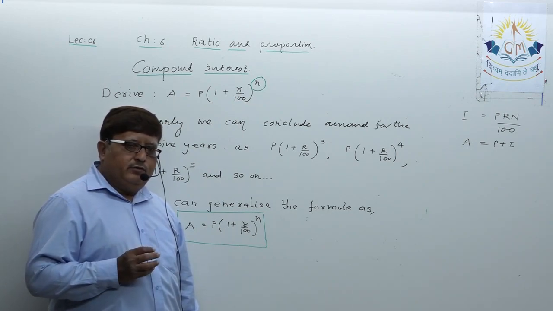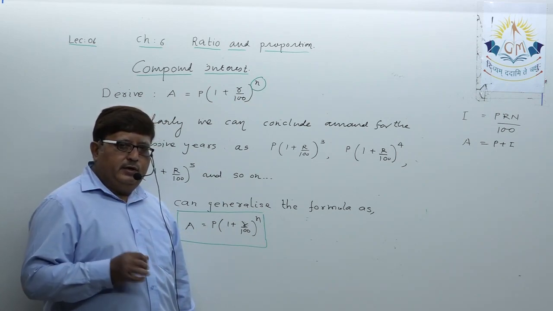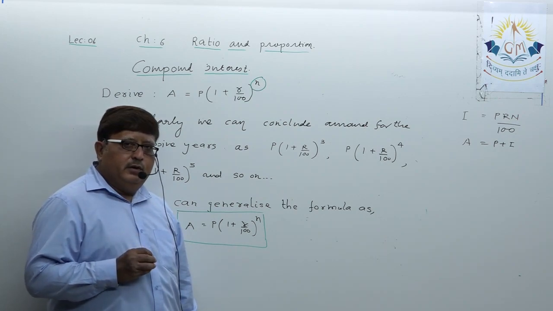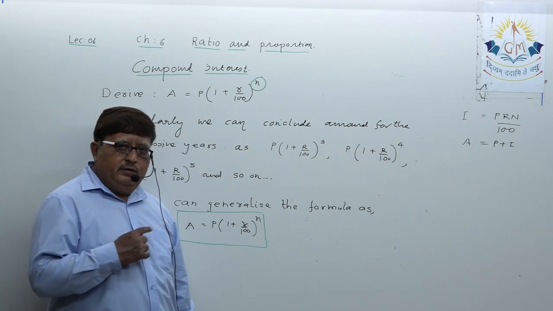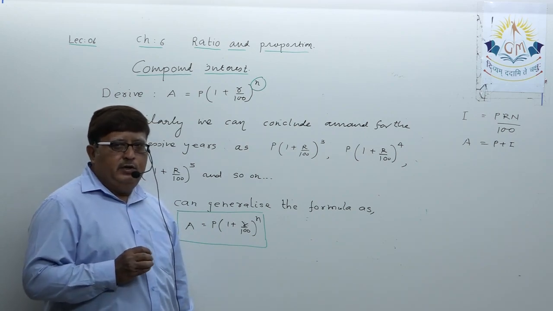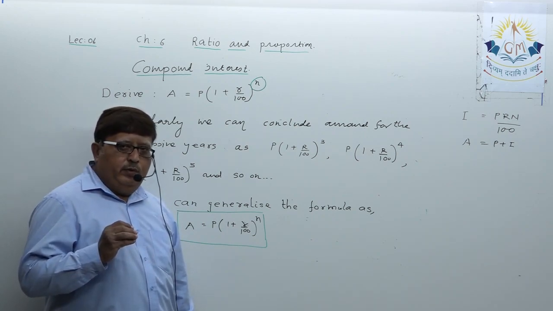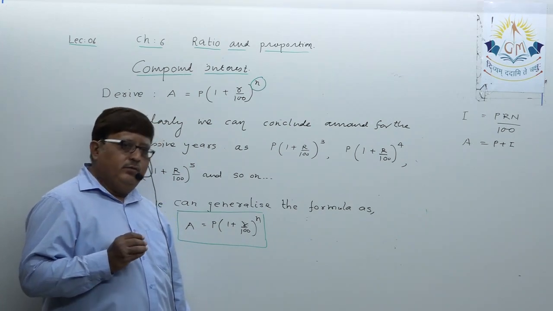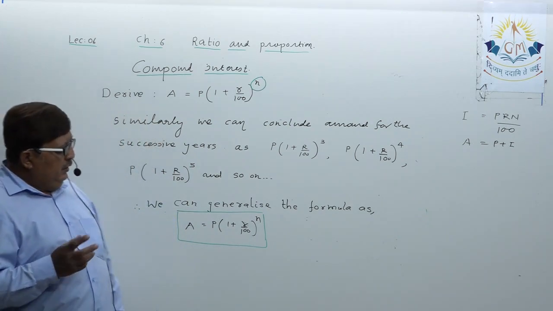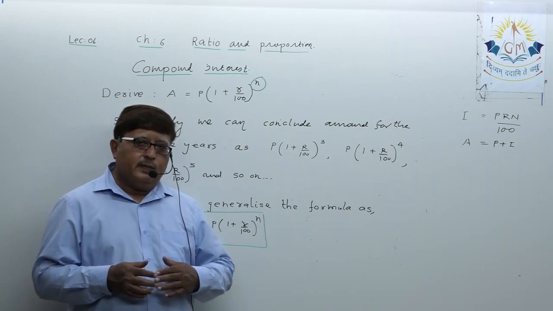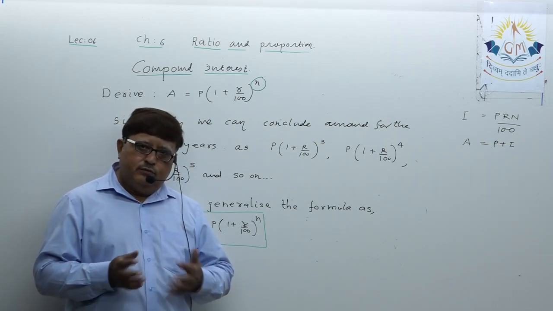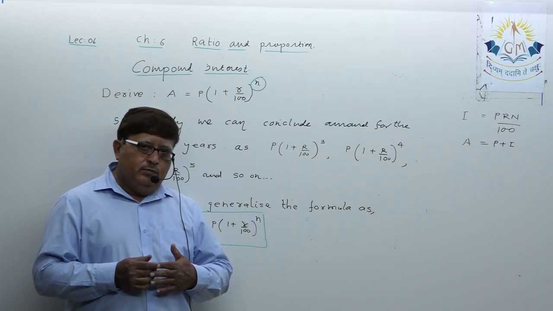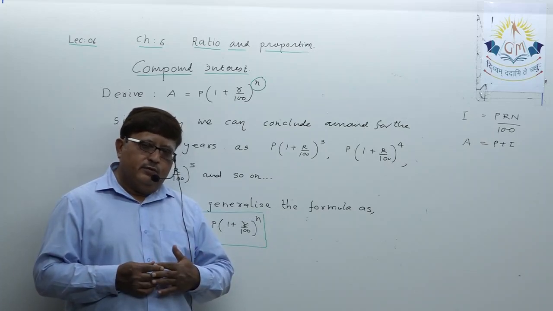A equals P into bracket 1 plus R upon 100 raised to n. This is the basic formula of compounded amount. In the next lecture, we are going to solve a few more examples